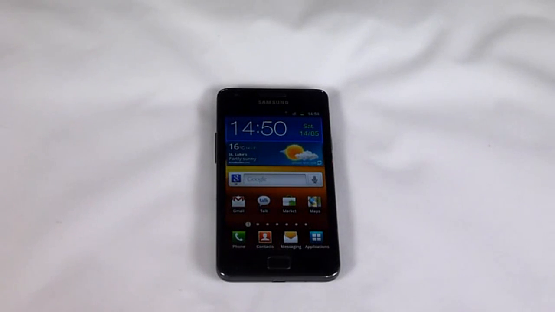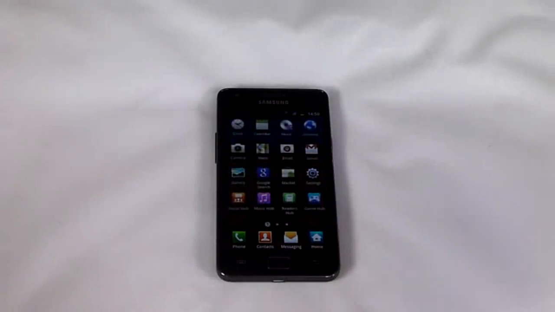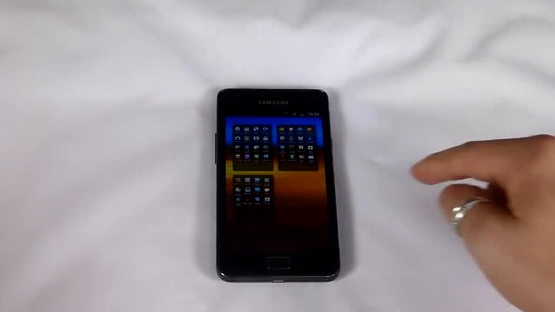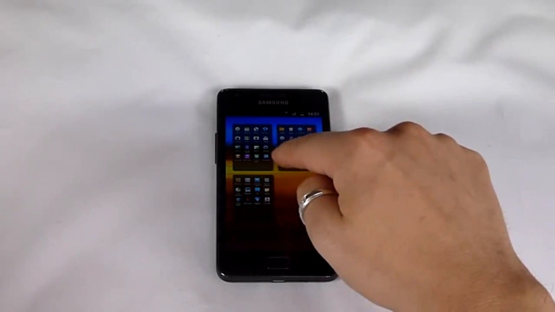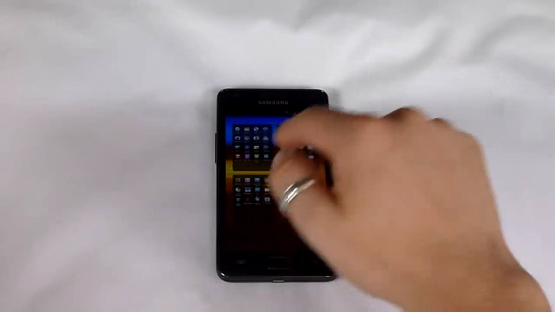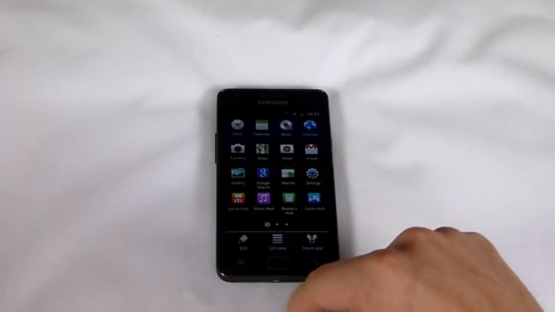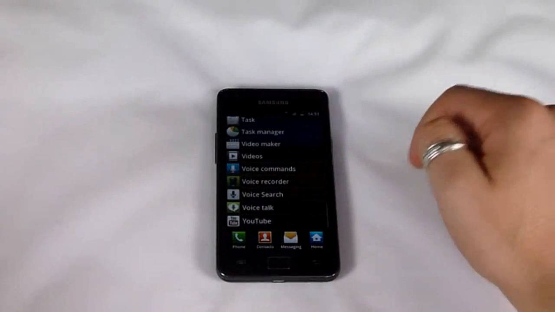Another tip I wanted to show you just while we're here is in the apps drawer there's actually quite a lot of options. You can pinch to zoom to view all the pages of apps you've got on your phone, and then you can just tap into whichever page you want. You can of course hit the menu button and view all your apps as a list,